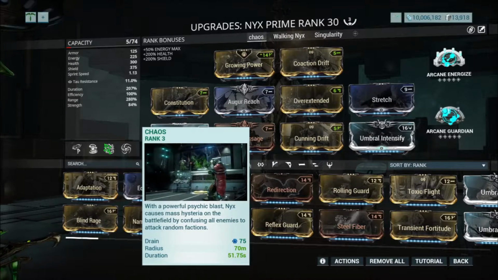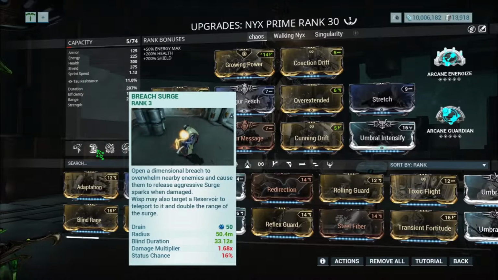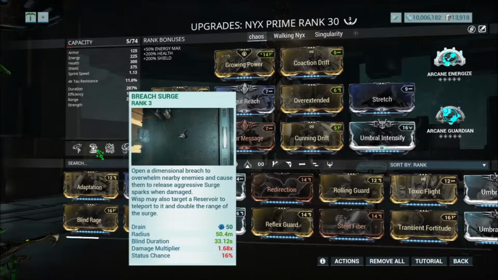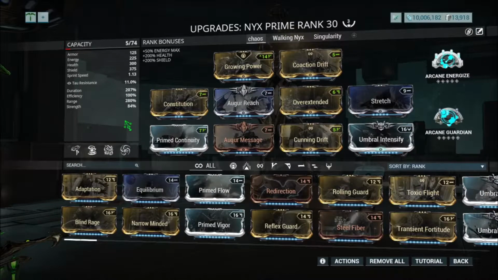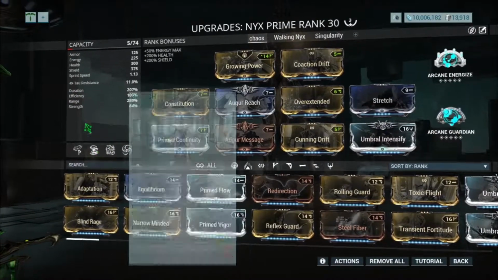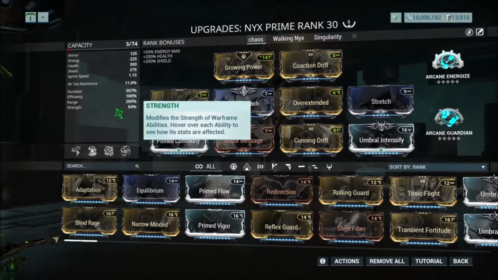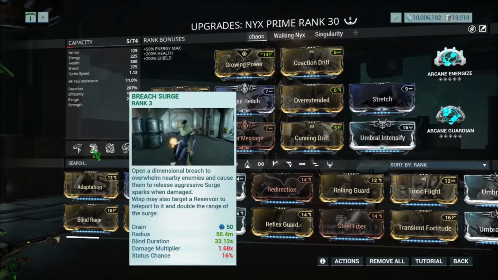And with that ability, you guys can use Thermal Sunder if you want, but I think Breach Surge will be pretty nice for more CC as well as the damage. Because with the strength of 84%, obviously to increase the range as well as duration for the Chaos, you do lose out some strength on here. So Breach Surge will pretty much build this strength back up a little bit